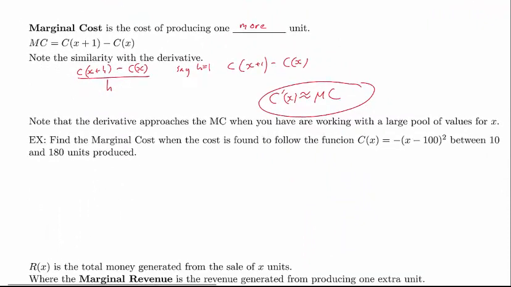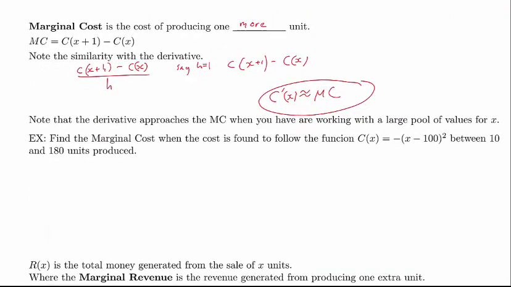All right, so let's find the marginal cost when the function is found to follow this particular cost function right here. So we've got C of x equals negative quantity x minus 100 squared. So we're going to take the derivative now that we know how to do the chain rule. So C prime of x equals negative 2 times x minus 100, and then the derivative on the inside is simply 1. And so this becomes negative 2x